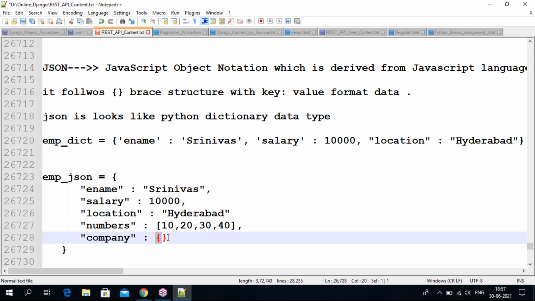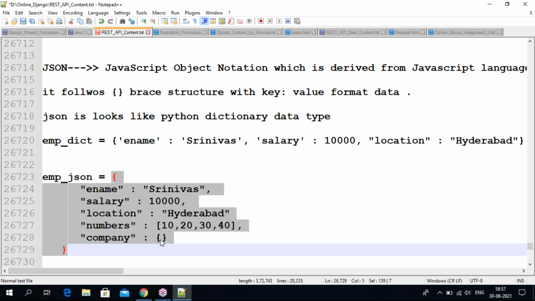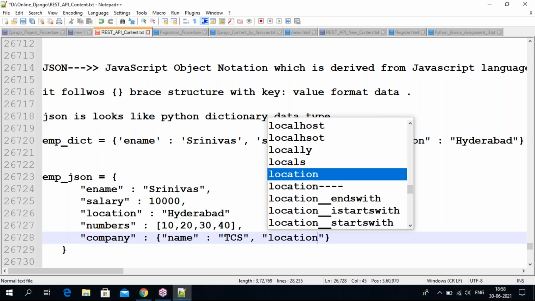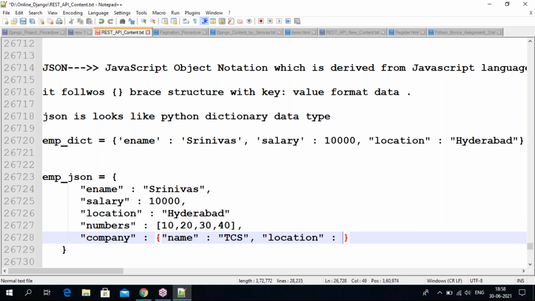So an object, by using the curly brace we are representing, same like this one. So here also you are writing curly braces. Okay, so now I want to write the company name, guys. So the company name is for example TCS.